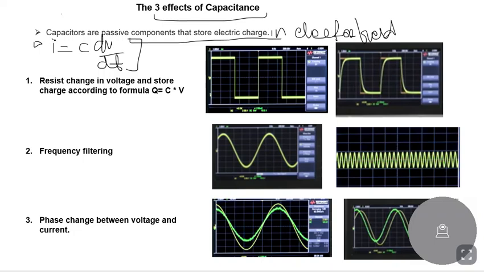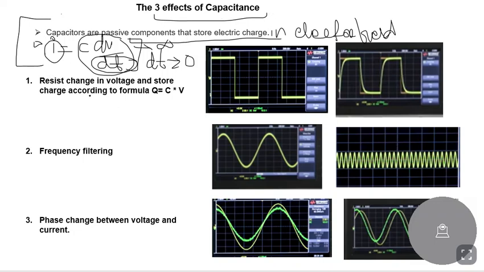It means when you see this equation I equal to C dV by dt, if dt goes to 0 instantaneously, it means this term will tend to infinity. It means you have to provide infinite current for the instantaneous change in voltage, which is not possible. That is why we say capacitor resists the change in voltage instantaneously. So we'll try to use these two basics and see what are the three effects of